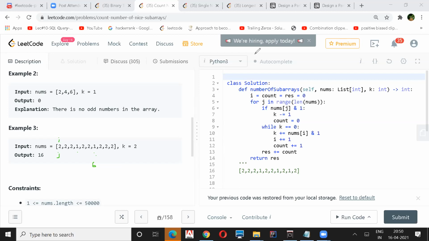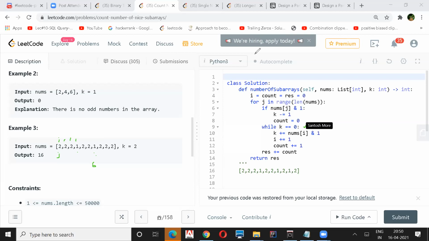So I will come here. At that time, my count will be 2, right? And K is still 0. So then I come, so I will be 3 in this case. K is still 0. And then when I come here, so I will be 4, right? So when my I is 4, at that time my K will be 1, and then I will exit this while loop.